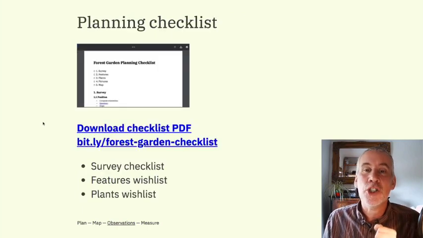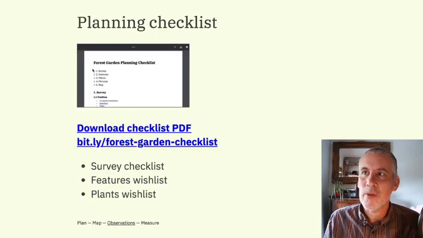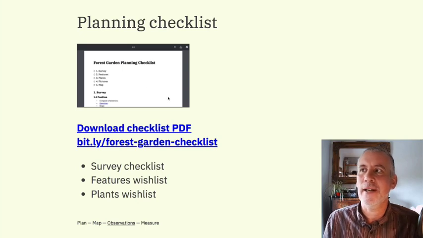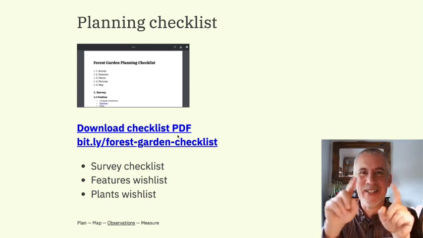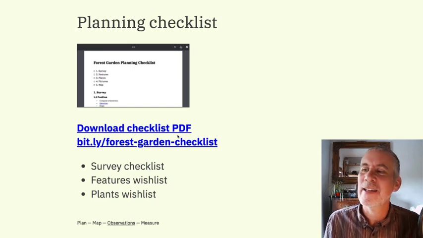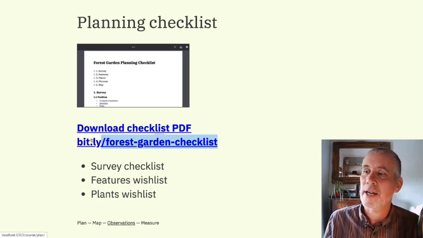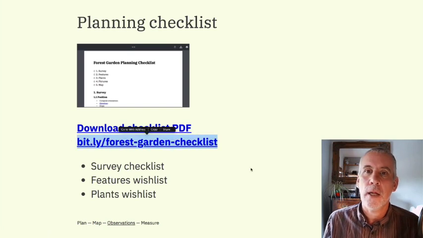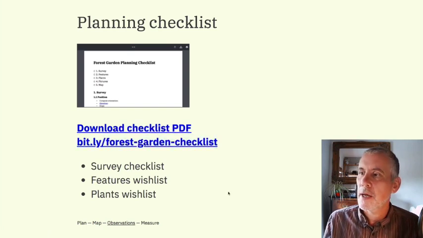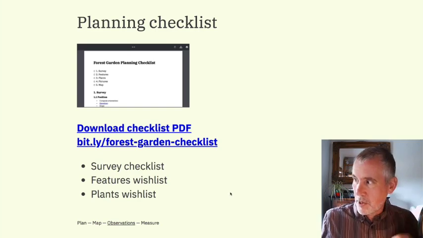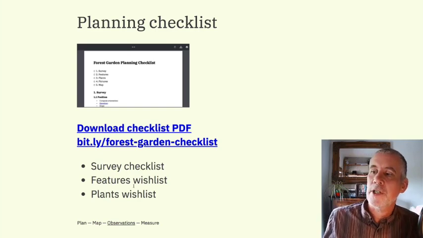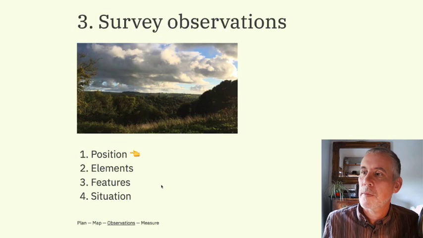I have made a checklist for this, so it's just a list of stuff really, and it's got some blank boxes that you can fill in, and you can download the checklist from the slideshow, or you can download the checklist from this URL here. Oh my god, I've gone over already. And then so survey checklist, features checklist, wish list, and a plants wish list. So first of all, survey observations. I've got to get a bit of a move on because there might be people waiting in Zoom. So survey observations,